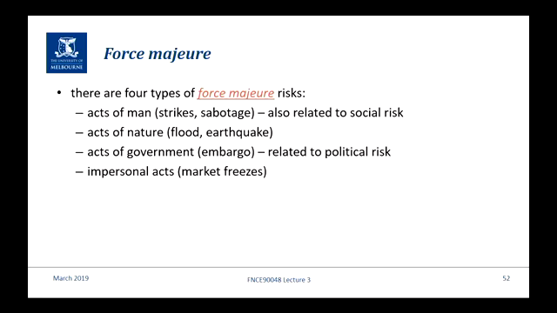So acts of nature, so it's weather events, extreme weather events, and that sort of thing, floods and earthquakes and serious bushfires, serious lightning strikes, tsunamis, floods, what else? Volcanic eruptions. Then there's acts of government, but they are political force majeure, they are a political risk really. And there's also the fourth element, which relates to serious market events. So, like the GFC, for example.